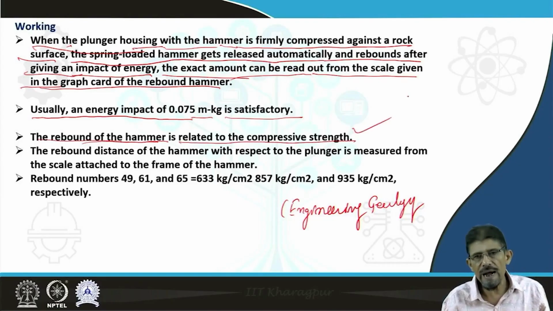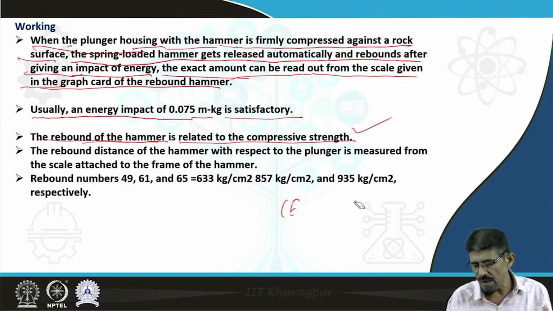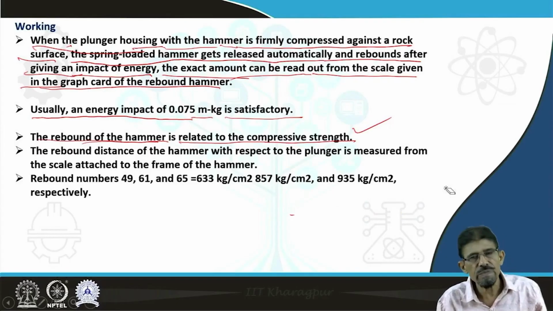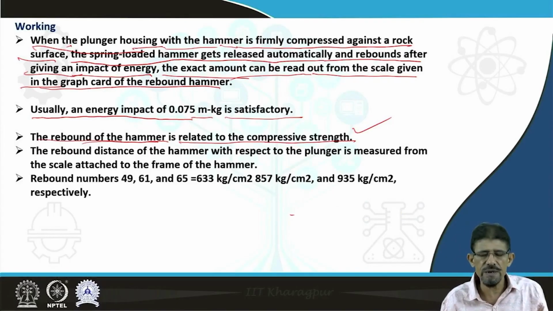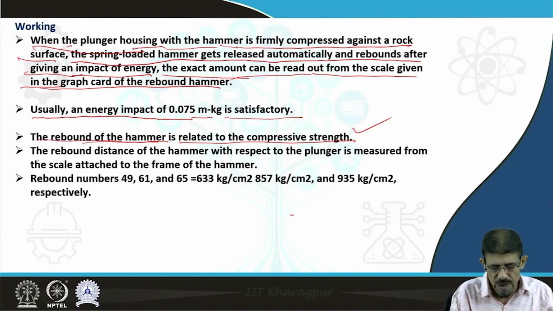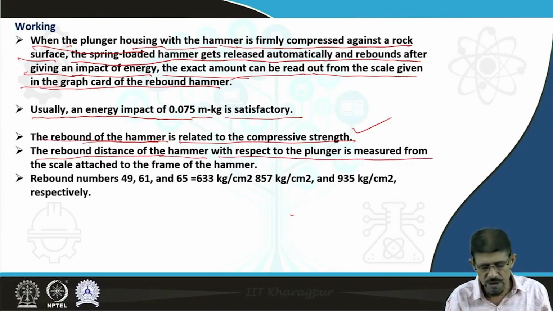Therefore, at elementary levels we are going to utilize this Schmidt hammer frequently in the field as well as in the laboratory. The rebound distance of the hammer with respect to the plunger is measured from the scale attached to the frame